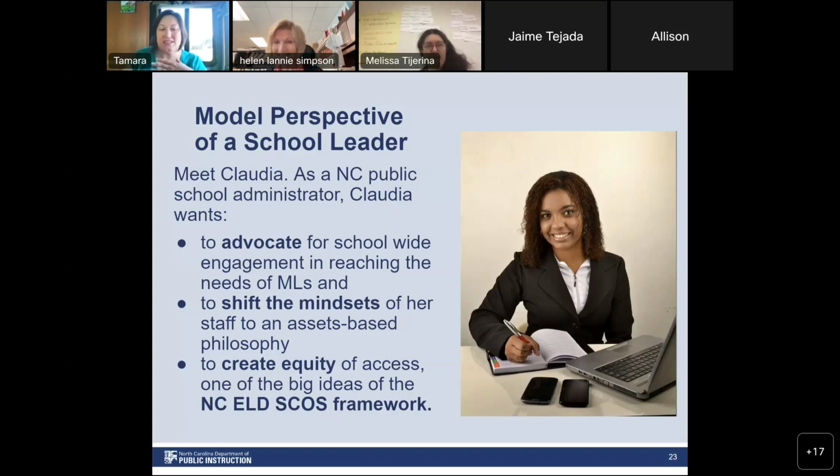So we're moving into our leadership conversations. We want to make sure that you have time to speak with your colleague leaders from different schools. But before we move into those breakout rooms, are there any questions about what we've given you so far, the North Carolina English Language Development Standard Course of Study, how ACCESS test scores play into school performance grades, or anything else you want to ask us before we send you to conversations?